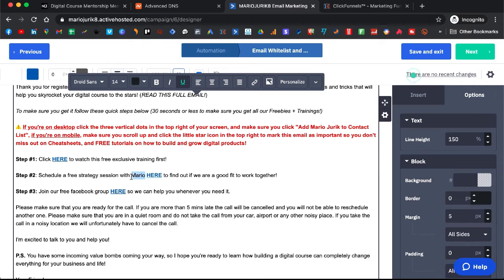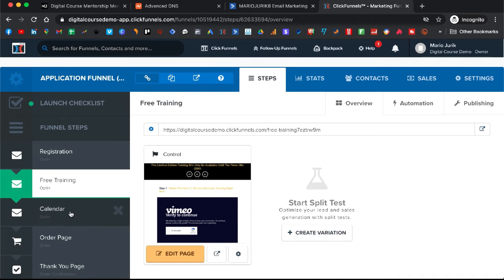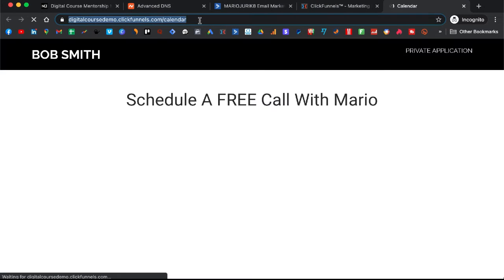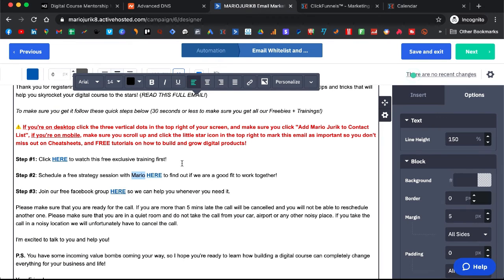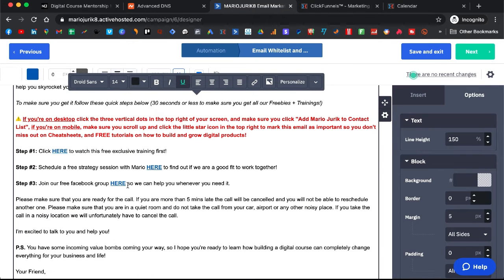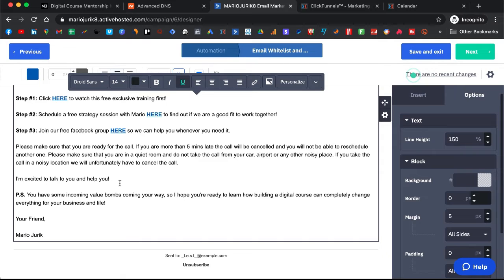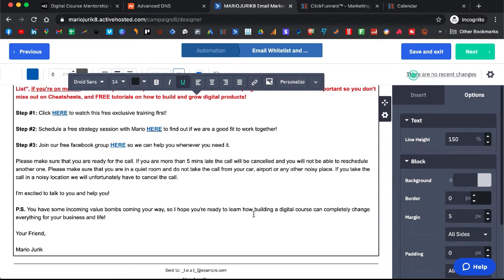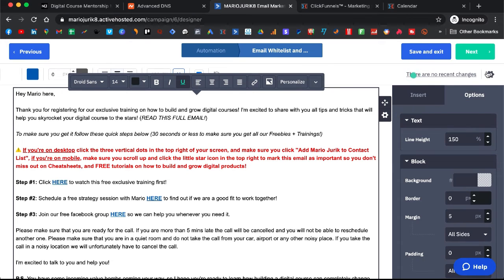Make sure you change names everywhere. And then you want to link your calendar. You do the same, you open it, you copy the link, and you put it here. Okay, and here you can put your Facebook group again, right? And then when you are done with it and you are satisfied with everything, you want to read through it and change it around if you want to, and then you want to hit